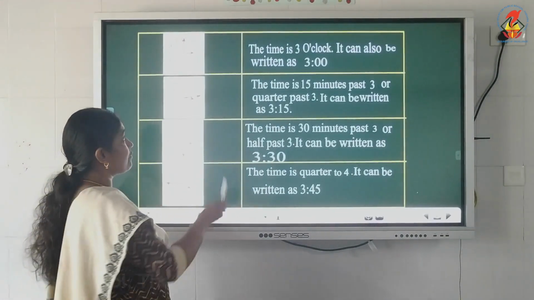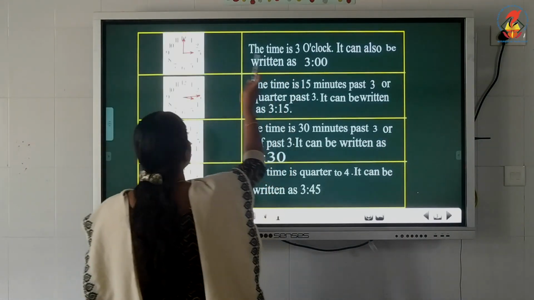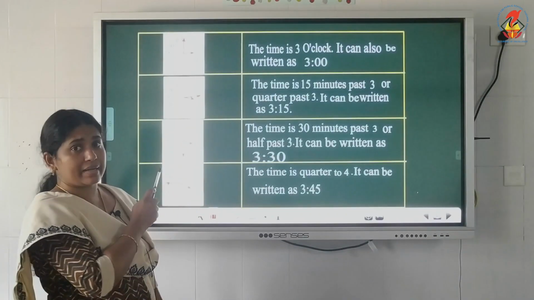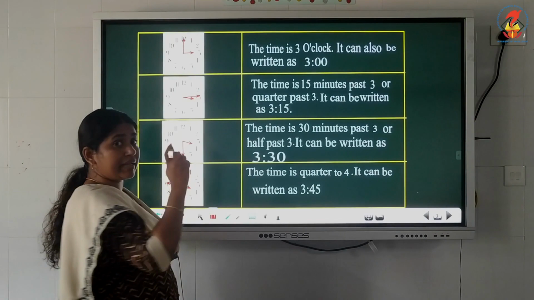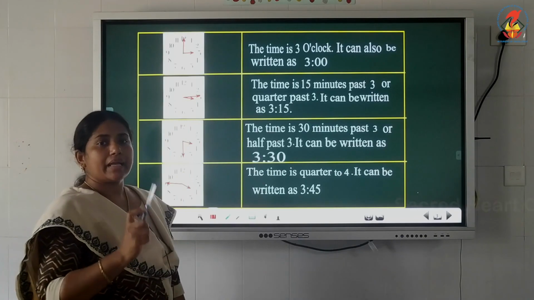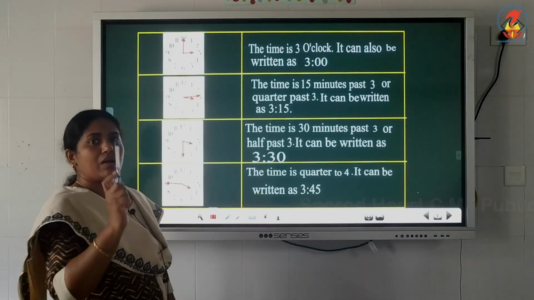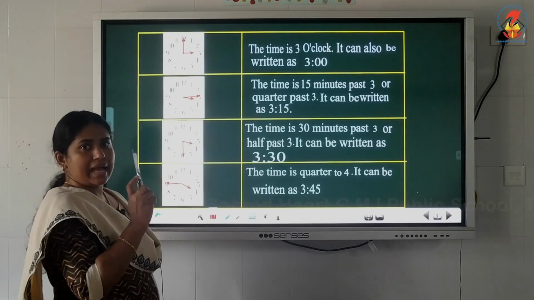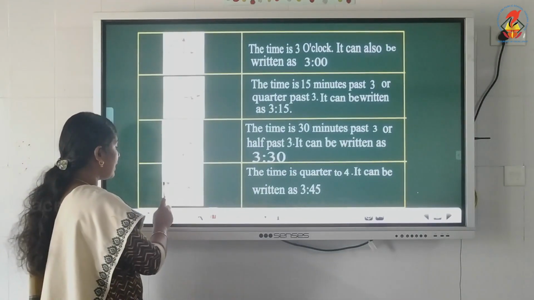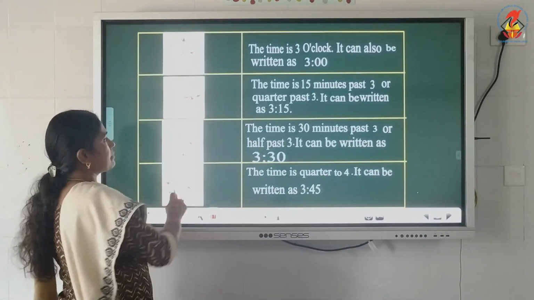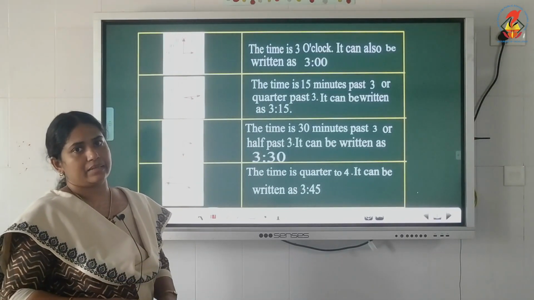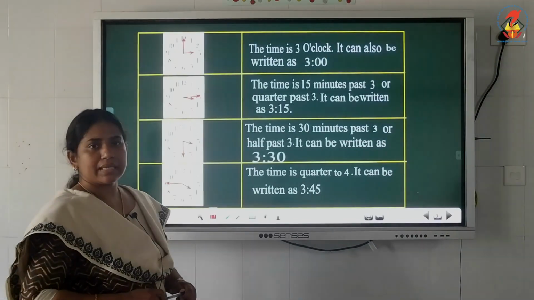We know that if the time is exactly 3 o'clock, the minute hand is on 12. If it is past the quarter, the time is 3:15, 15 minutes, our long hand, minute hand is on 3. And if the minute is 30, our long hand, minute hand is on 6. And if the minute is 45, our long hand, minute hand is on 9. These 4 types of time, these 4 types of clock you must study in this second standard. Okay children, now using this, let's do some questions.